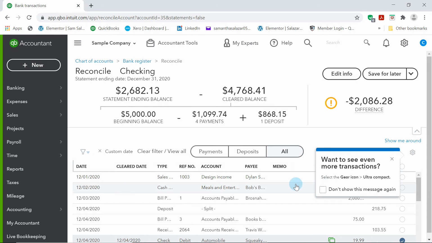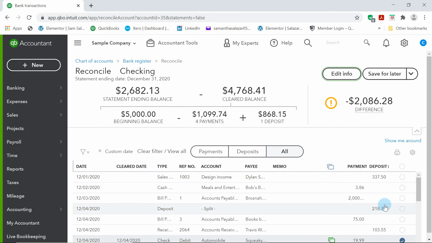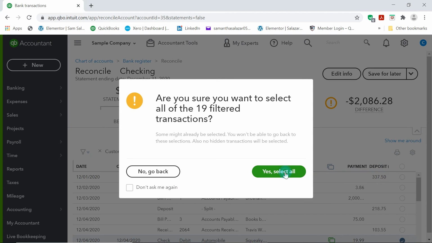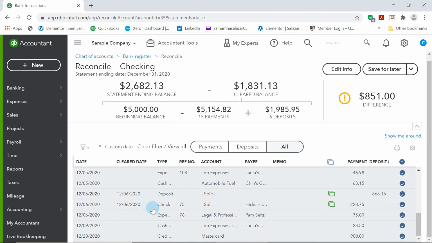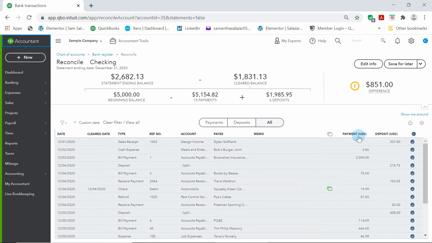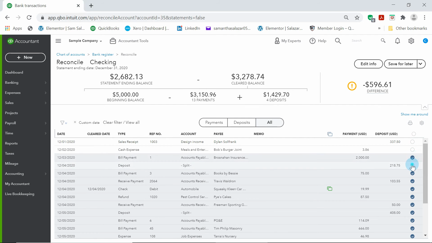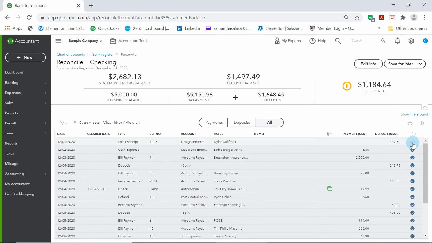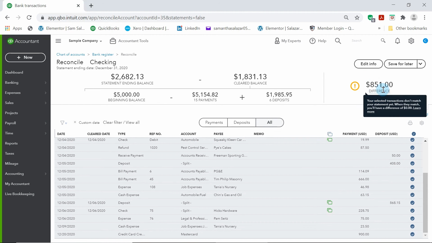Okay. So I can check all of these transactions and select them all from December 1 to December 31. So all of those transactions will be reported here. Okay, so we can clear all of this to reconcile all of them, and then after clearing all of this, we can see there's still a